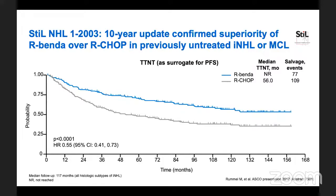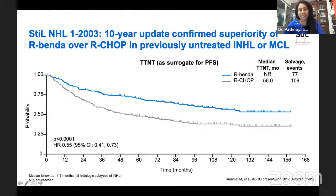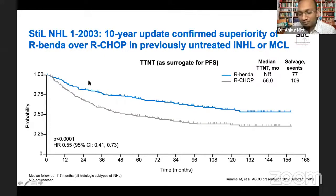Maybe Dr. Padmaja, Dr. Ankur. I think we've nailed it. There's nothing more to add. Absolutely. What Reena ma'am said. Yeah. Dr. Ankur,